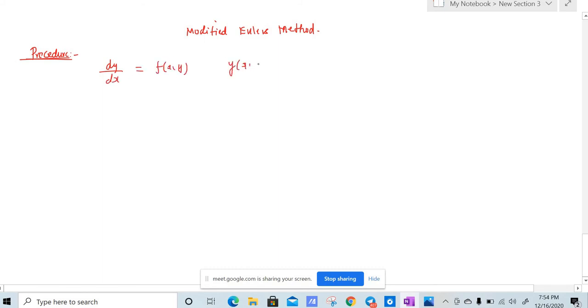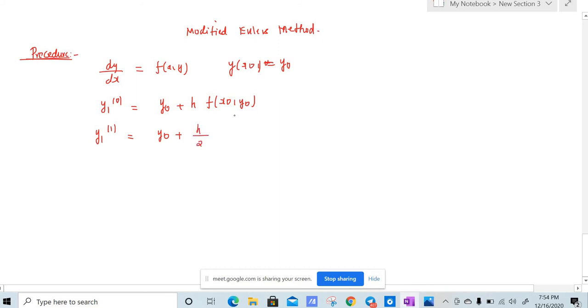They will give the initial condition y of x naught is equal to y naught. They ask us to find some values. So you need to find y1 of 0. y1 of 0 is y naught plus h into f of x naught comma y naught. This is similar to Euler's formula. And then you need to find y1 of 1. This is a different formula: y naught plus